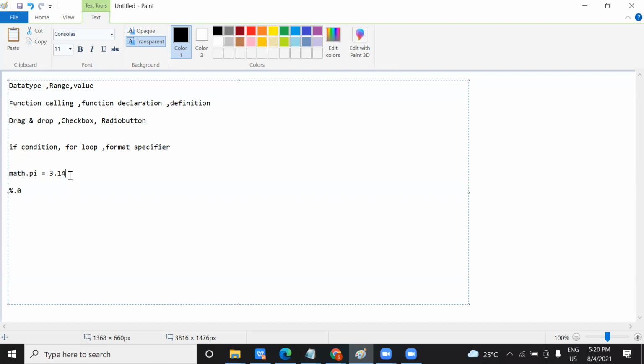Suppose if you have a value like this, and if you write like this, it means that it will print only 3 values. So this is the format specifier, means in what format you want your output, what is the restriction of your values. Like this you should be aware about the format specifier. You can say it like in what format you wanted to print the result.